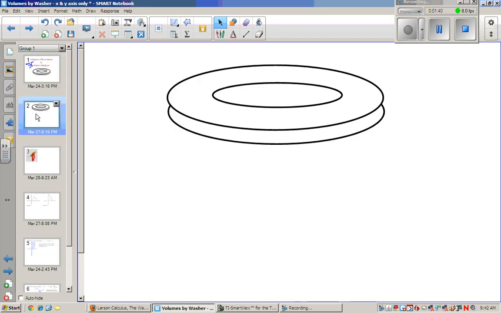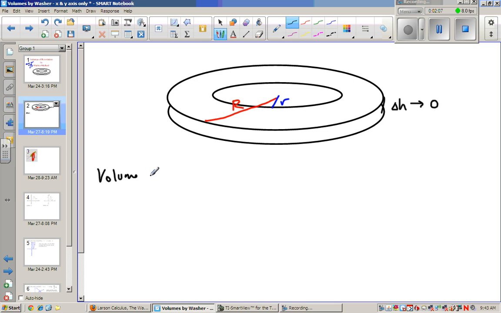So let's first make sure we understand our formulas that are involved with a washer. In this case, we have a cylinder. Our outside cylinder has a big radius R, and our inside cylinder has a small radius r. And the height, I'm going to call delta H, because our goal is to make that height approach 0, because we want lots of skinny washers. So if we want to find the volume of one washer,